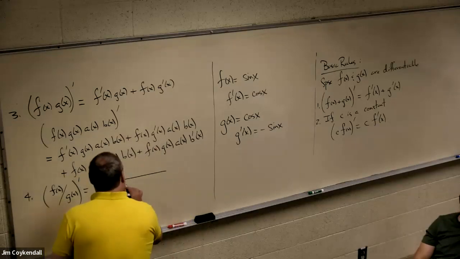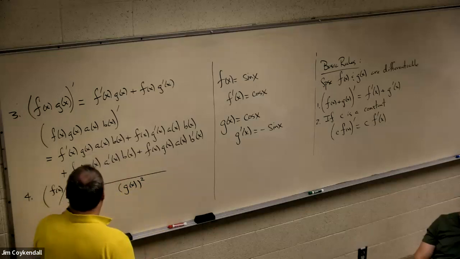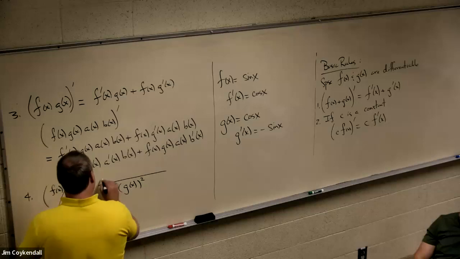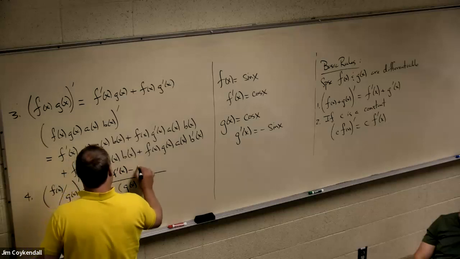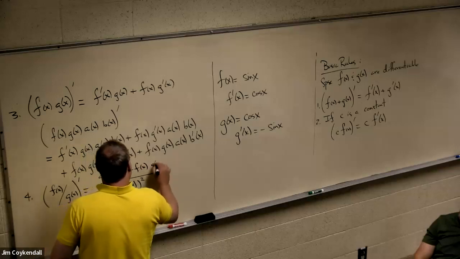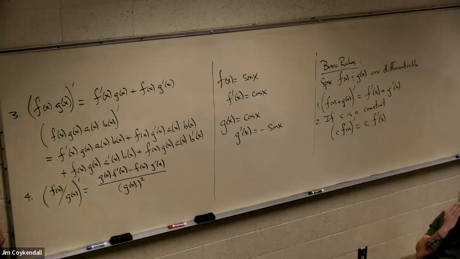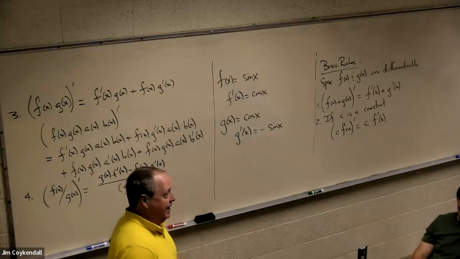Probably. Let's see, this g of x squared. Right, bottom times the derivative. We've all got our little things. Yeah, bottom times the derivative of top, minus top times the derivative of bottom. Now, with this in mind,